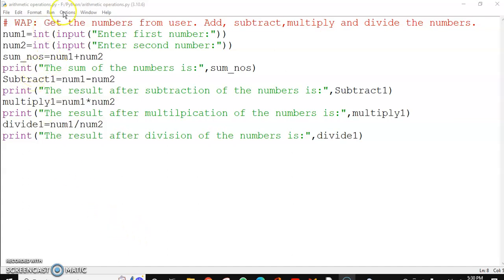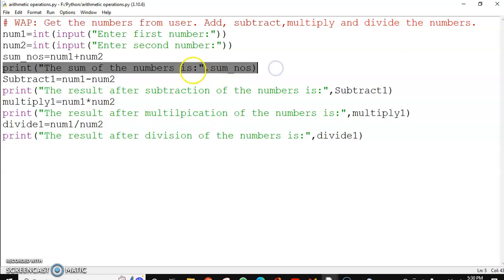In this program, we again are accepting two numbers from the user and we are adding them, subtracting them, multiplying them and dividing them. So after accepting the two numbers using the int and input function, you will add them in a variable. You will print the sum of those with a message in double quotes, and then you have to display the sum. So put a comma and write the name of the variable where you are finding out